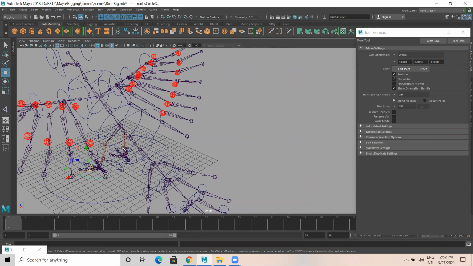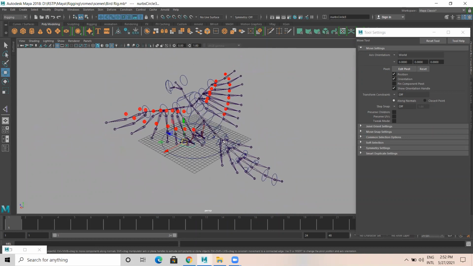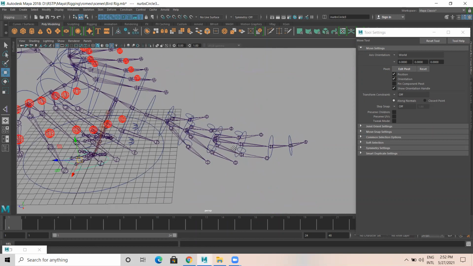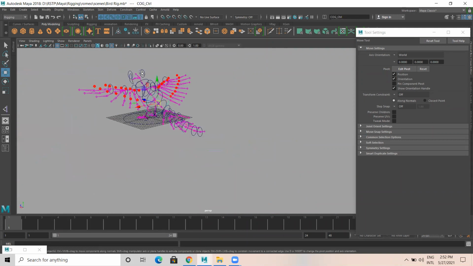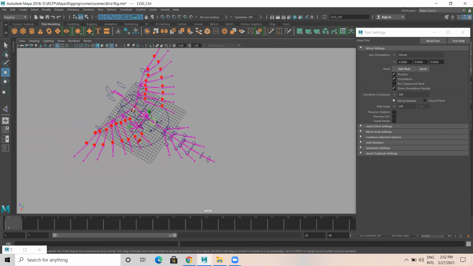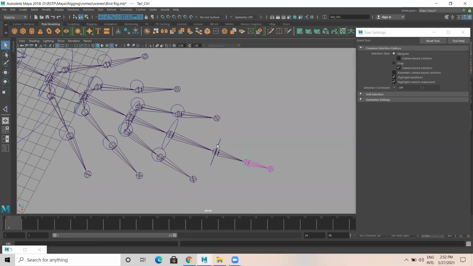So I have done the orient constraint up to here, and I have to do this particular part now. Before that, let us do grouping. Let us complete the parenting part of only the tail, the spine and the neck part. After the orient constraint, select this curve and this curve. That means this curve should be a child of this one, P. Now select this and this, press P for parenting.